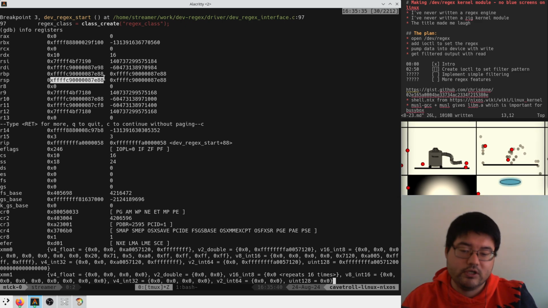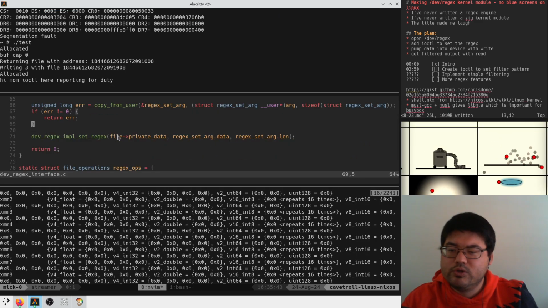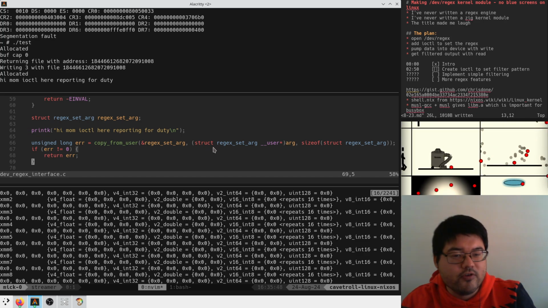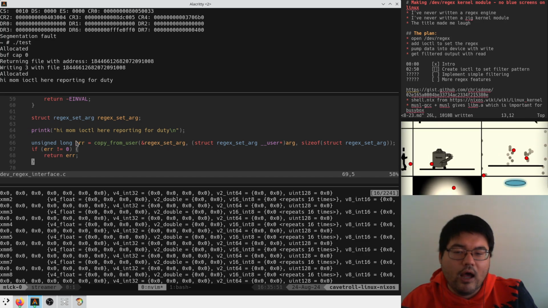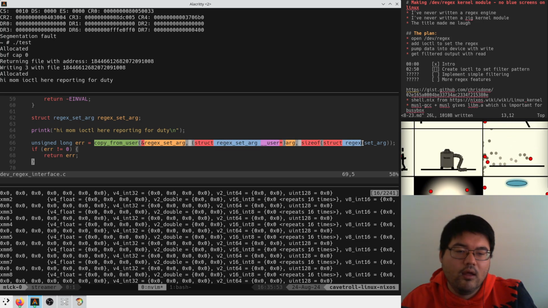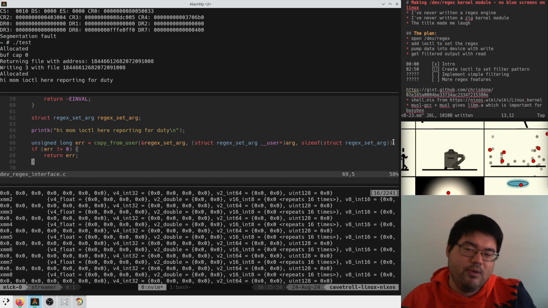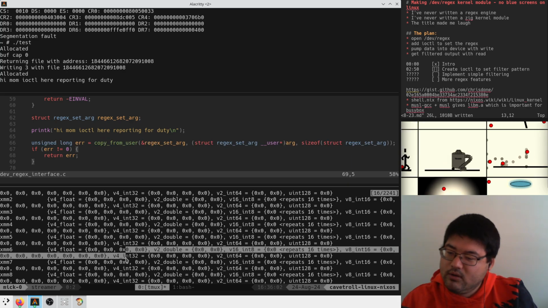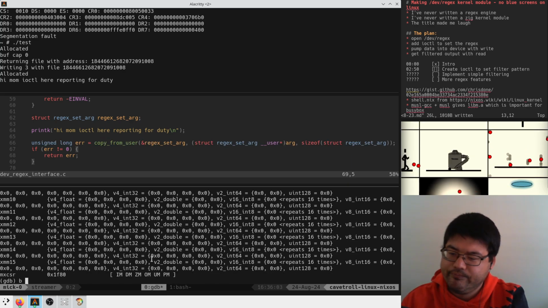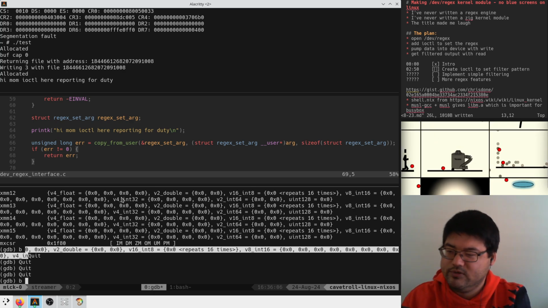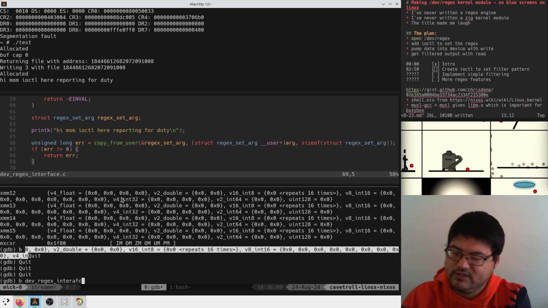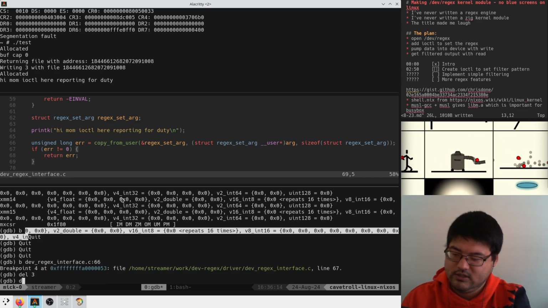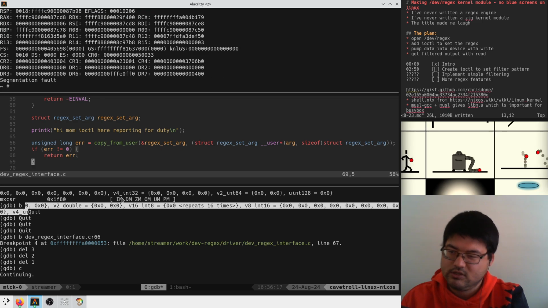It's messed up here, before the function call, which really makes it feel like something on the C side is actually broken. And I'm not gonna lie, this feels kind of like it might be a little sketchy. Can we breakpoint at 66? Can we breakpoint at dev regex interface C 66? Delete 3, delete 2, delete 1. Forget everything else. Let's just do